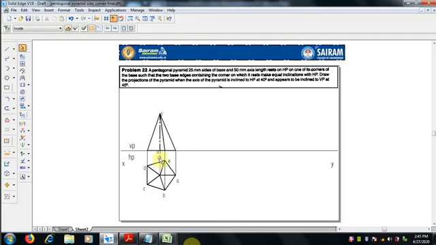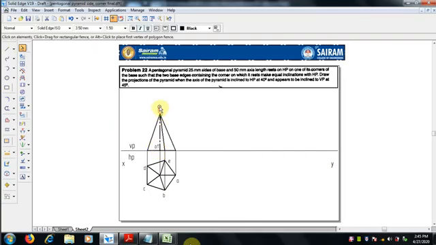So now we will mention what the front view is when seen from the front.